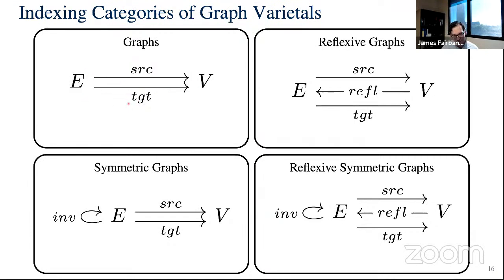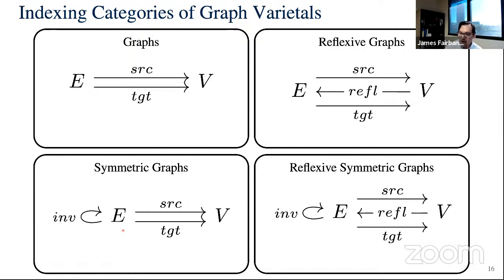So regular graphs have source and target. Reflexive graphs have source, target, and a reflexive edge. So for every vertex, there's an edge that represents the self loop at that vertex. Then we have symmetric graphs where we have source and target, and an involution on edges that tell you for every edge, there's a reverse of that edge. There's an edge going in the opposite direction. And that being an involution means that the edges are paired up, so you have two directed edges that go in opposite directions, and they get paired up into one undirected edge